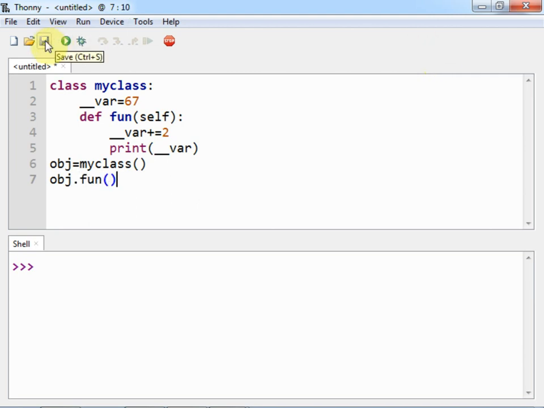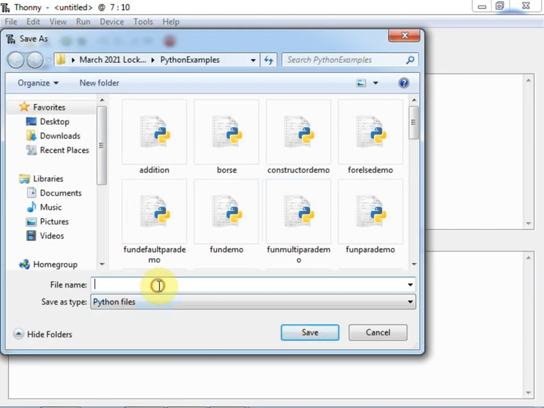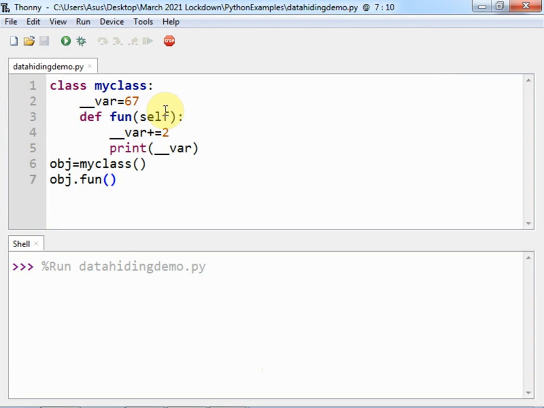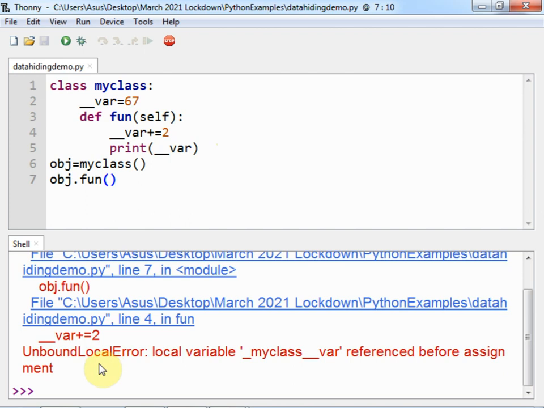Let us run this. First I need to save this. So now here I need to use the self keyword. So self dot, let us once again run it.